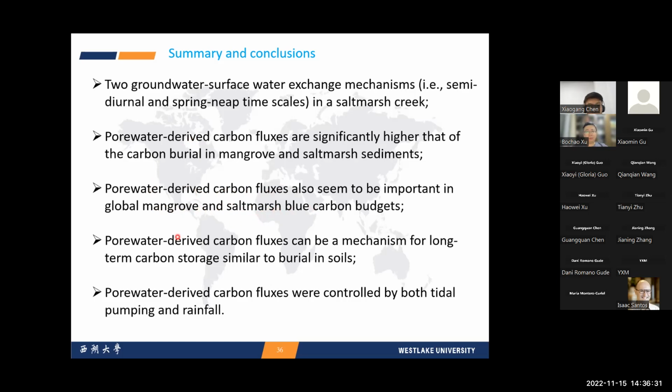Based on the alkalinity and refractory dissolved organic carbon results, we can see the porewater-derived carbon fluxes can be a mechanism for long-term carbon storage, similar to the carbon burial in the sediment. And the porewater-derived carbon fluxes were controlled by both tide pumping and rainfall events. Actually, not only these two driving forces, but also seasonal variations, and maybe sea level rise and global warming. All these driving forces can control the